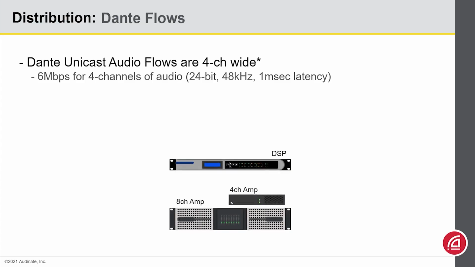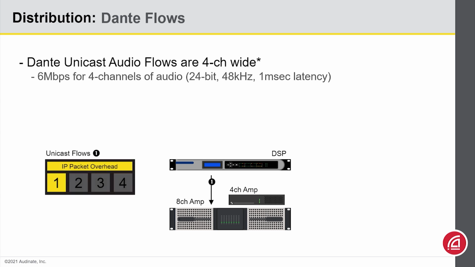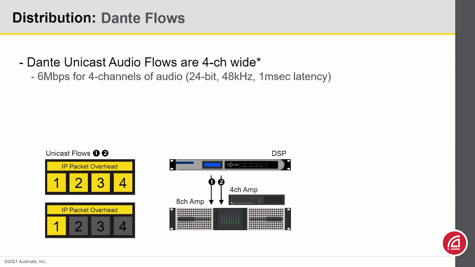So let's suppose I've got this DSP, and it's going to send signal to 2 different amplifiers. One of them is 4 channels wide, the other is 8. The moment I subscribe one channel, a 4-channel stream is established. The channel I requested is loaded in, and the others are sent as blank. As I subscribe more channels from the DSP to the amplifier, they will simply fill the unused channels in this stream. Now, once I get to the 5th channel, we're out of space, right? So we'll establish another 4-channel stream with 1 channel in it. And if you keep going, you'll fill up the unused channels in that stream as well.